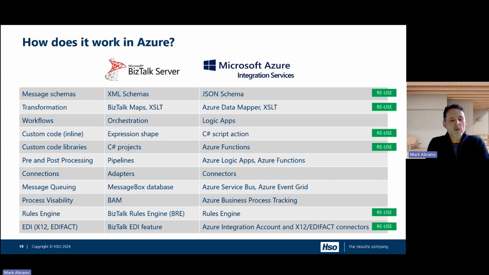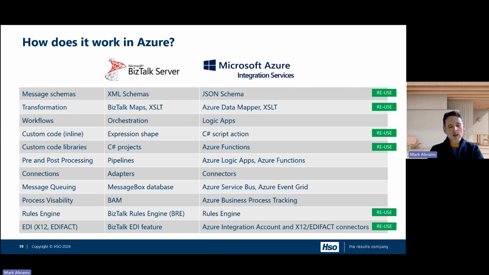So how does this actually work in Azure? You've got your BizTalk implementation. How do those capabilities and features translate to something in Azure Integration Services? Microsoft has spent a lot of time and effort over the last year making sure that there's a seamless migration journey for all of your BizTalk features and components as you move to Azure. I've tried to list some of them on this page, not all of them, but some of the key ones. And the key message here is that for all of those components you have in BizTalk, there is a corresponding component in Azure Integration Services that will do the same thing.